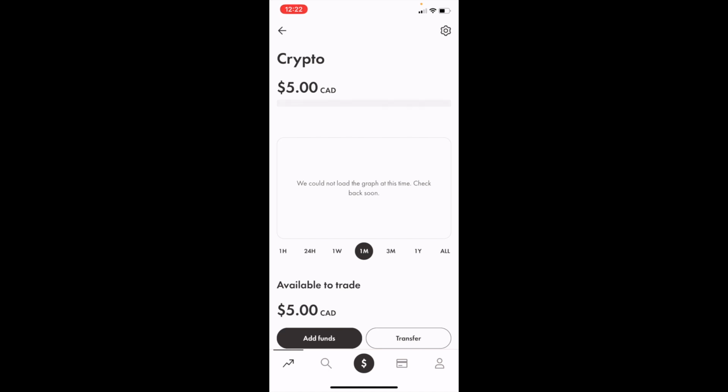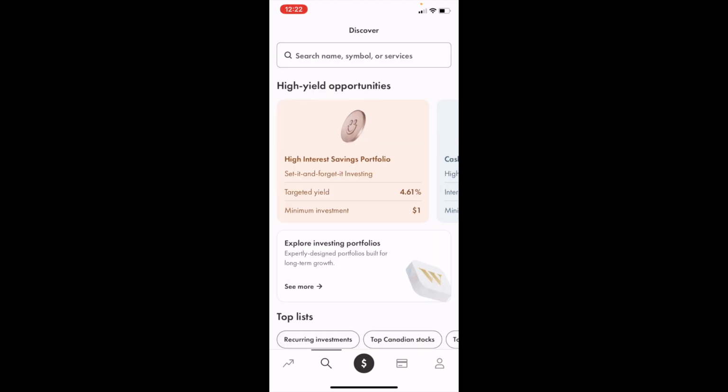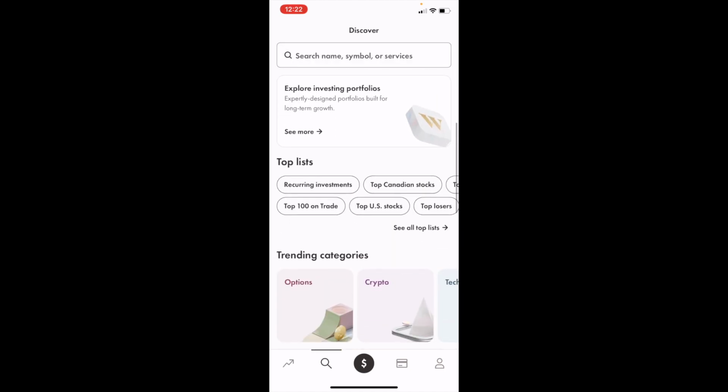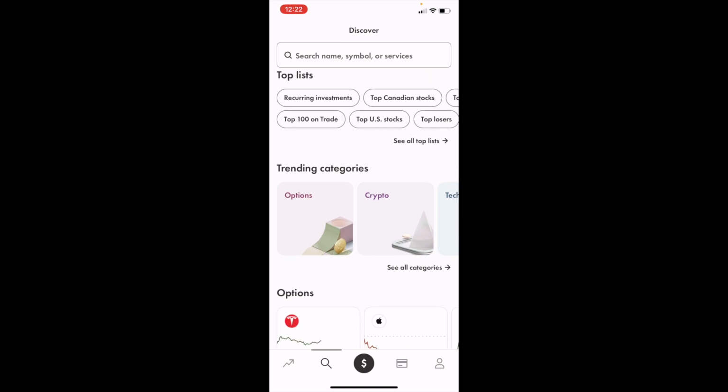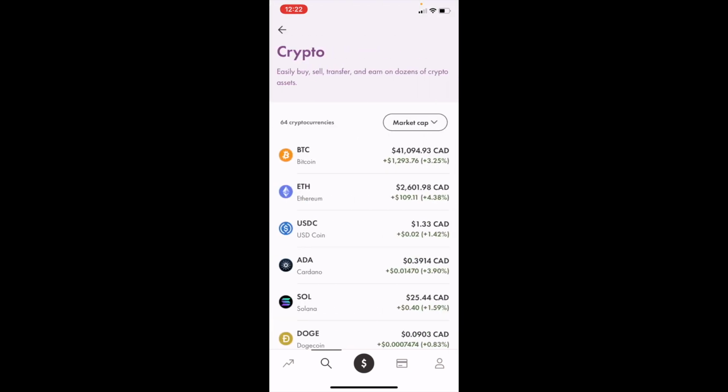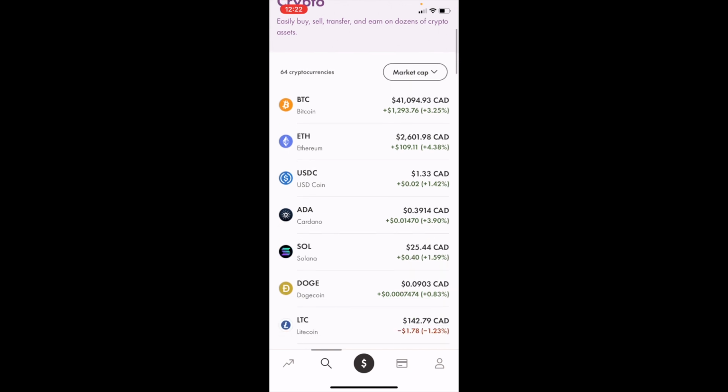Once you're in your crypto account, go to the bottom left here and press on the magnifying glass. Once you're on this screen, simply scroll down to where it says trending categories and press on crypto right here. Once you're on the crypto screen, if you want to buy Polkadot coin, scroll all the way down to